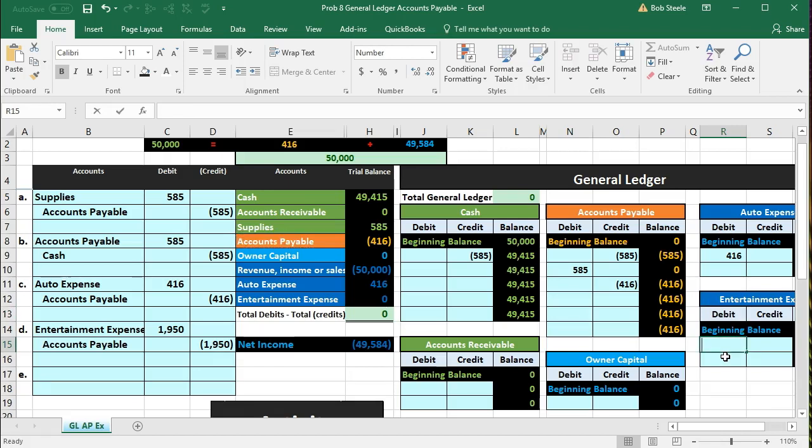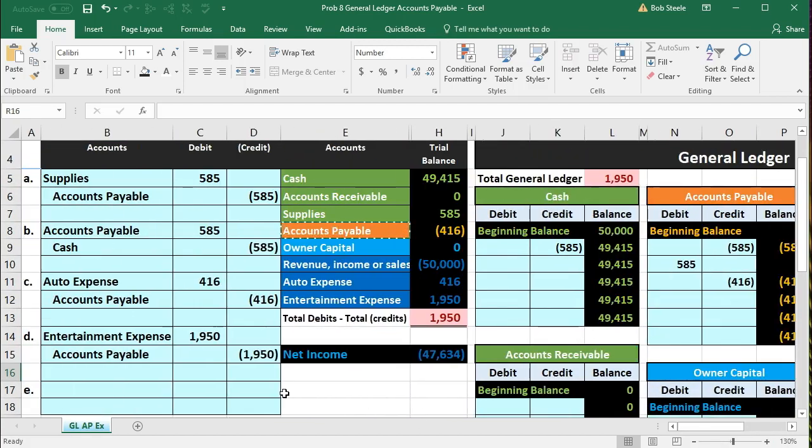R15, we're going to say that equals, and then point to this 1950 way over here. So that will be equal to C14. Once we select enter, it will populate this amount here. That same amount will populate over here in entertainment and put us out of balance by that same amount. So there we have that. I'm going to make this a bit larger, bring it back up to